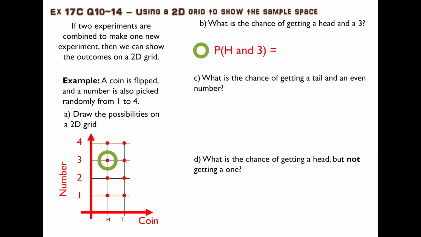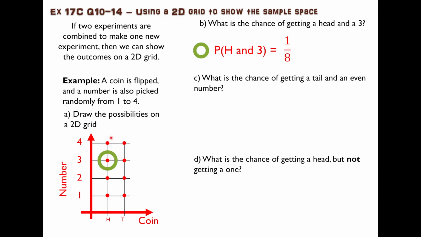What about this one here? Does this match getting a head and also getting a 3? No, because I got a tail and a 3. If I say and, it means both things have to be true. So the probability of getting a head and a 3 is 1 outcome out of the 8 in total,